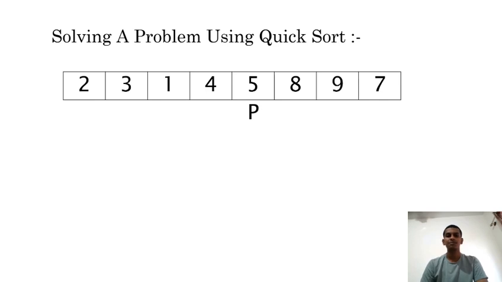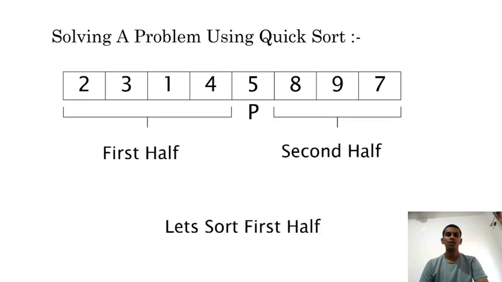and we got two half arrays: the first half is the 2, 3, 1, 4 subarray, and the second half is the 8, 9, 7 subarray. Now let's sort the first half. Now let's take 2 as the pivot element